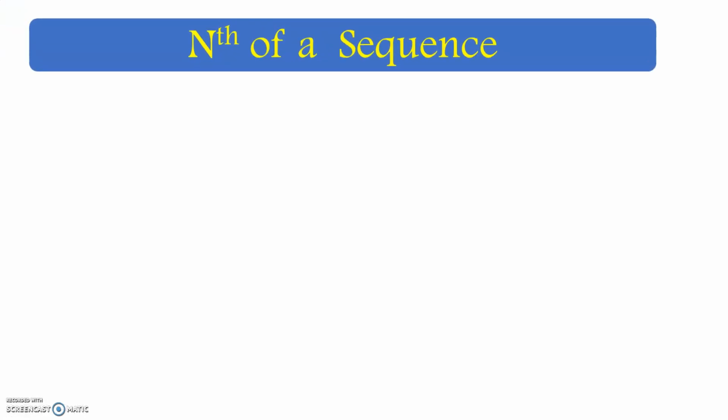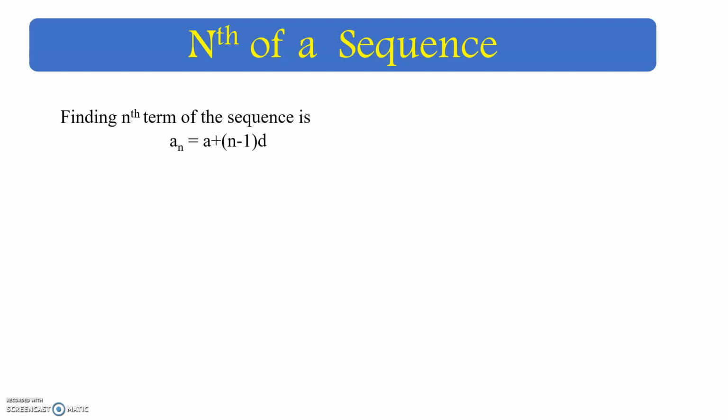Next, we are going to see how to calculate the nth term of a sequence. Suppose the sequence is given as 1, 2, 3, etc. If you know the nth term of the sequence, then only you can calculate the limit of a sequence, and you can identify the convergence or divergence of a sequence. So for that, we are going to find how to calculate the nth term of a sequence.